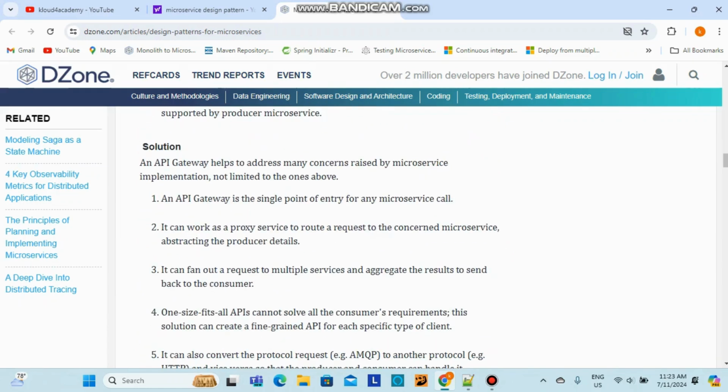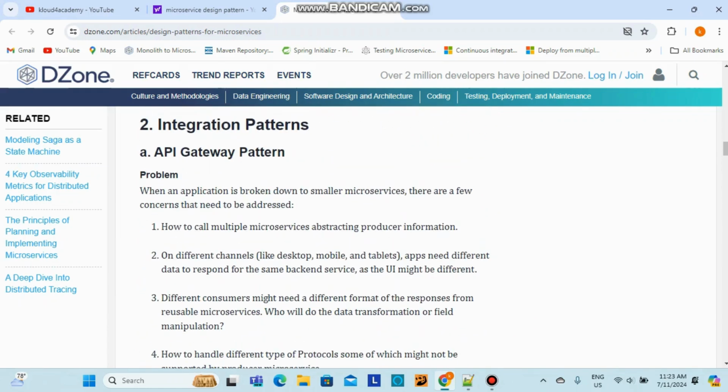Decompose and API gateway. If you see API gateway, what do you know? With API gateway, we have one single entry point for all the microservices. Because if you have 50 microservices, every microservice A is calling B or calling C. There is no need to call a producer microservice explicitly. The consumer microservice does not need to worry about the producer microservice. It has to call via the API gateway, and the API gateway will be taking care of that.